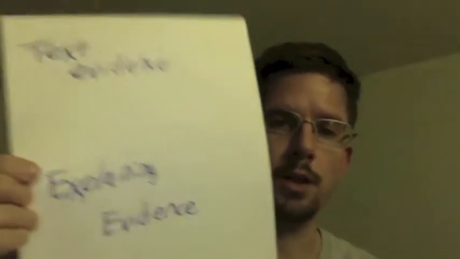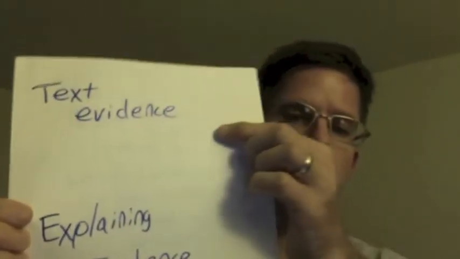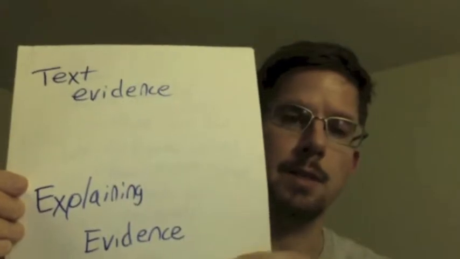In this video, we're going to talk about the finding context clues skill, which is CCR4. And just as a reminder, in the previous video, we talked about how to find quotes easily. So if you need some instruction on that, also, as a reminder, make sure your students are comfortable with using text evidence and explaining evidence before doing this